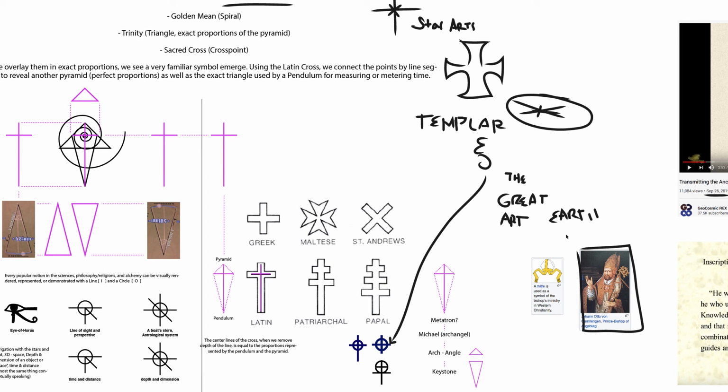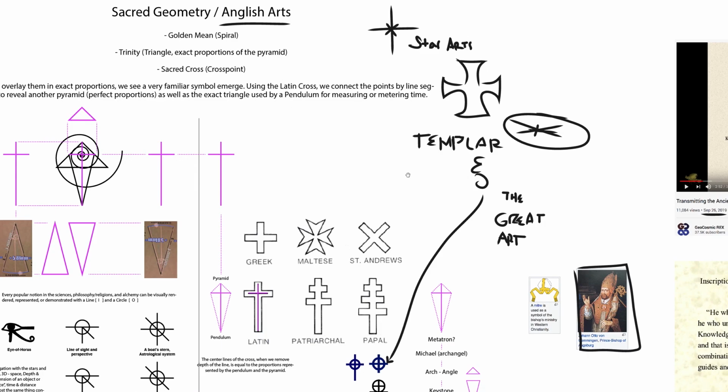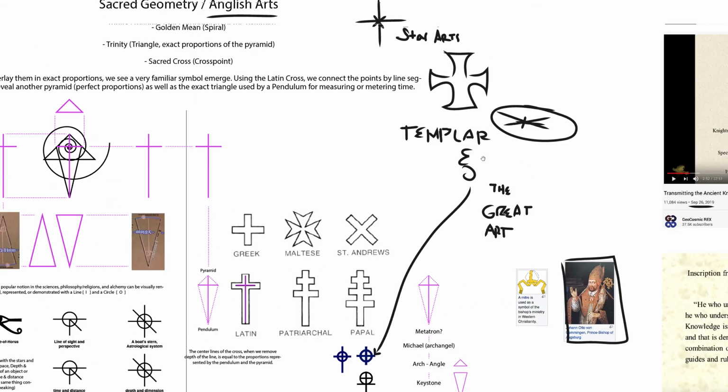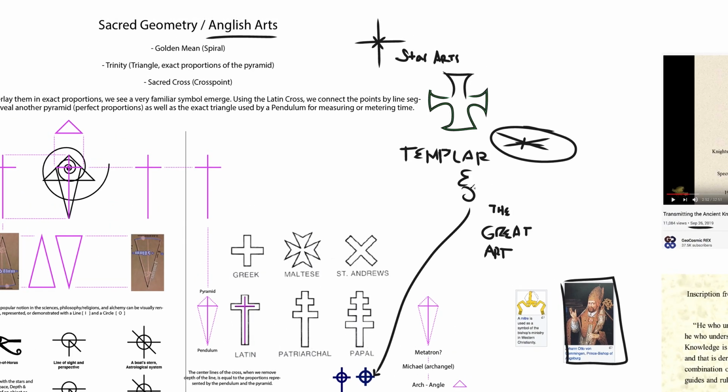And if you were Irish and said that with an accent, or a Celtic, you might hear ert, which is dirt, right? So you have the great art, which is also a reference to the great alchemical knowledge that the Celtics and Irish had. So the correlations are there, whether you call it the star arts, the great arts, Templar,